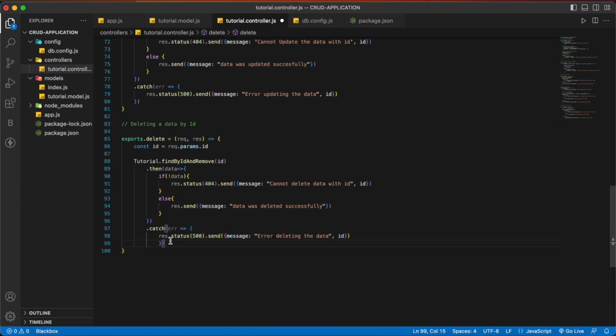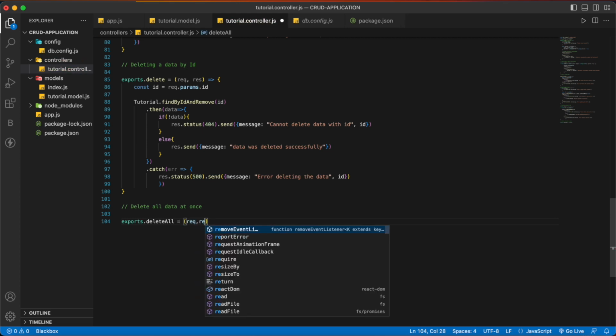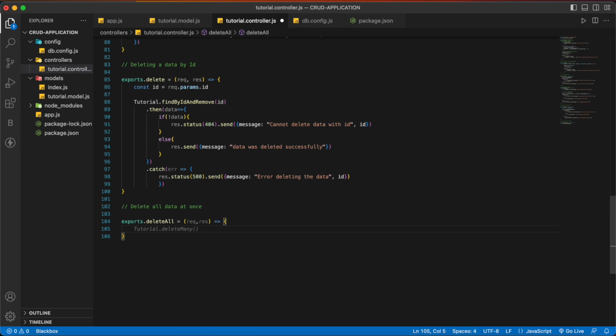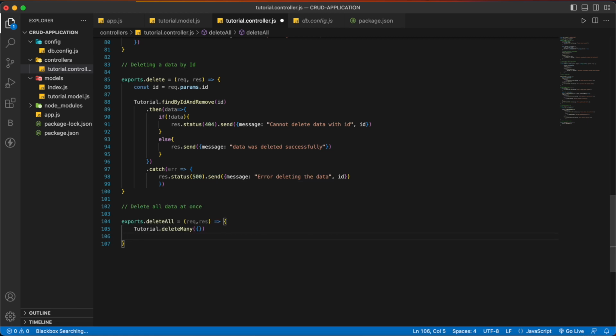So if error is found, then I'm going to send the status 500 and this message. Now let's create another function to delete all data at once, and below that write exports.deleteAll, and then write request, response, and then write tutorial.deleteMany, and inside that we are just passing an empty object, and then